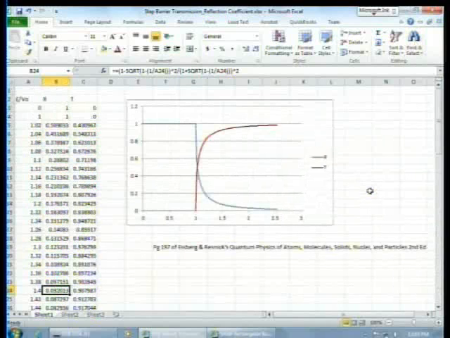Now I did that partly not because this one's that exciting. This is kind of a boring one. You have a single step. It's an infinitely long step. And so if you're below the barrier, you never get any transmission. If you're above the barrier, you get a lot of transmission. Whoopee. The main reason I did it is because I wanted to study these transmission reflection coefficients for a barrier